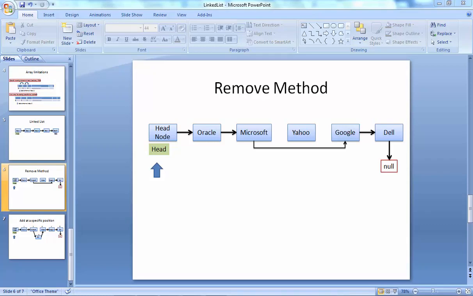Hello. In the last video we saw how we can implement the remove method, and I forgot to mention a point in my last video. So in today's video I want to explain what I've missed. So we saw that